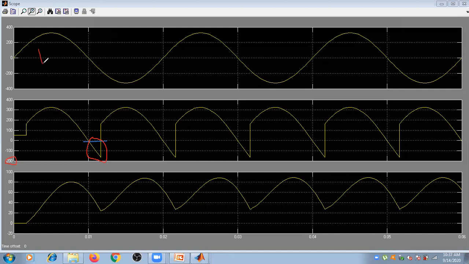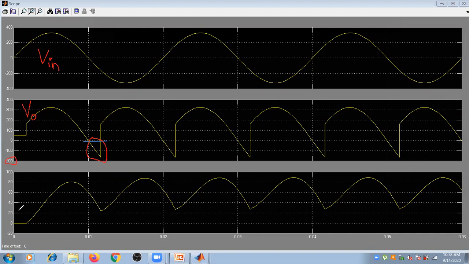Okay, and this is our input voltage or supply voltage, which is sinusoidal. I have shown it for 3 cycles. This is the first cycle, this is the second cycle, and this is the third cycle. And this waveform is our output voltage or average voltage, which is given to the motor. Here we have considered a 30-degree phase delay. So this is the 30-degree phase delay.